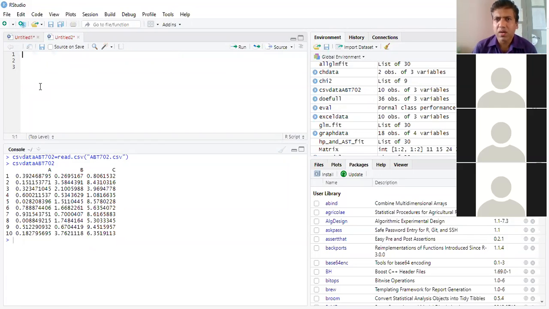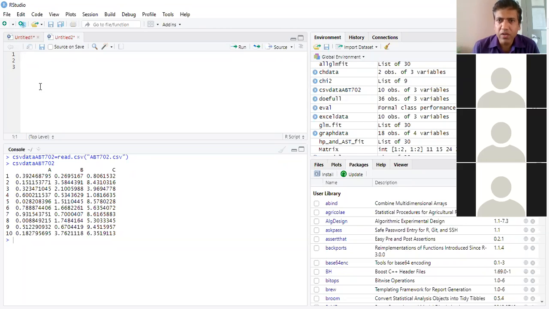Okay. Now let us do some small analysis like t-test and all. Then in the subsequent class, we'll do the principal component analysis of the microarray data. I have some microarray data, the fake data of the microarray, that we will use for our analysis. So today I will do the simple analysis.